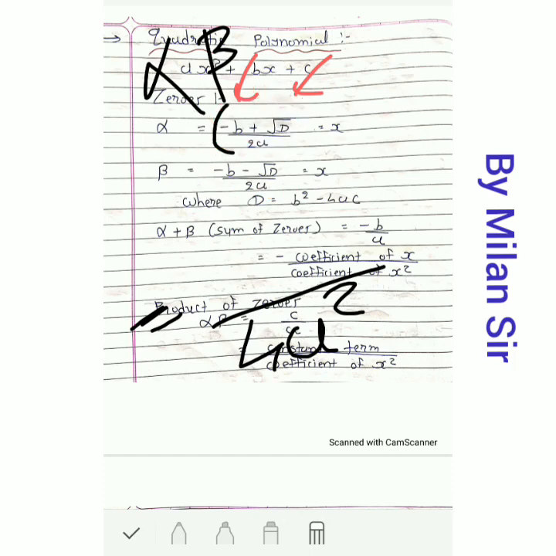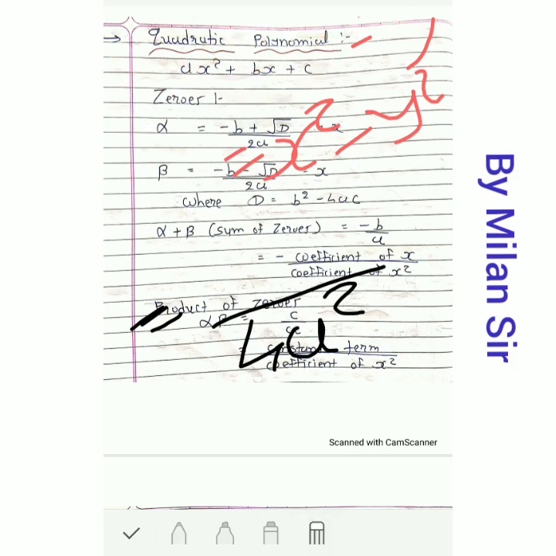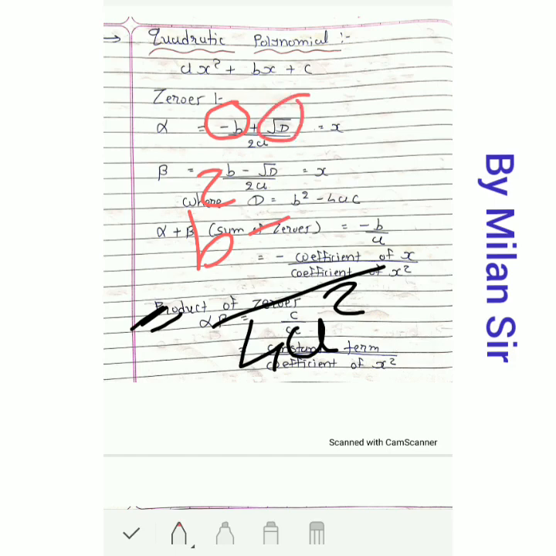So we know one formula for that, if you remember, x plus y into x minus y is equal to x square minus y square. That means first term square minus second term square. So use this formula here. So first term square, minus b square, that is b square, then negative sign, and second term square, under root d square, only d.